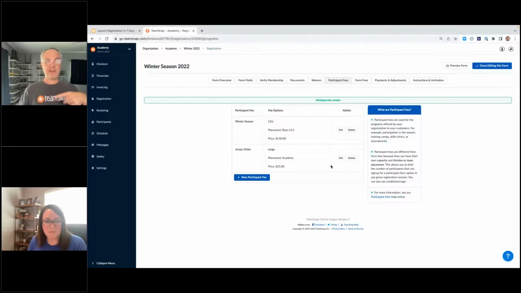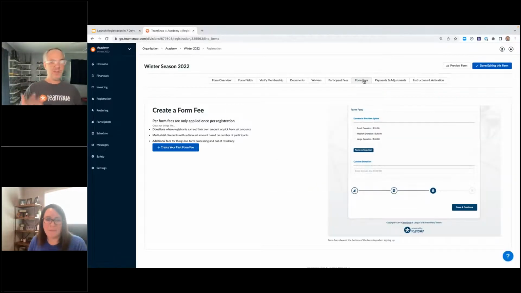So let's keep going, but let's now move to form fees. And help me just really quickly, the difference between a participant fee and a form fee. Yeah, participant fee is going to be for every single registrant. They're going to have to select fees, where the form fee is going to be something that you would want to charge just once. So if you have, say, like an out of residency fee that you charge, you want